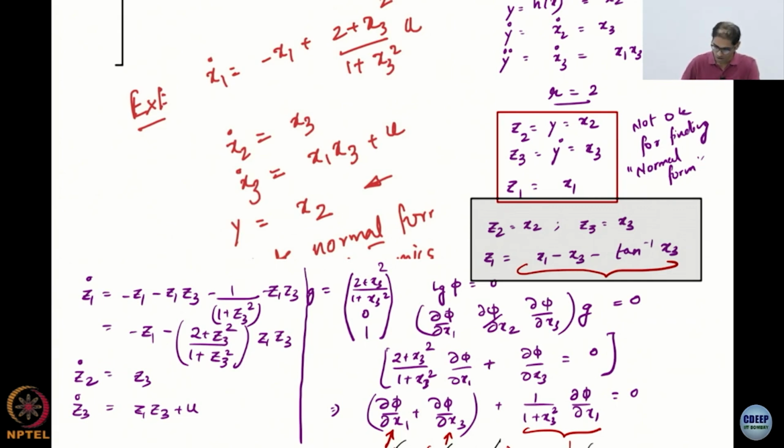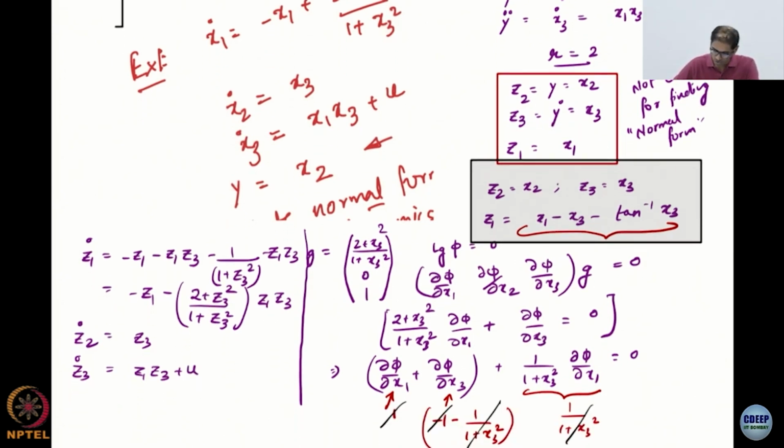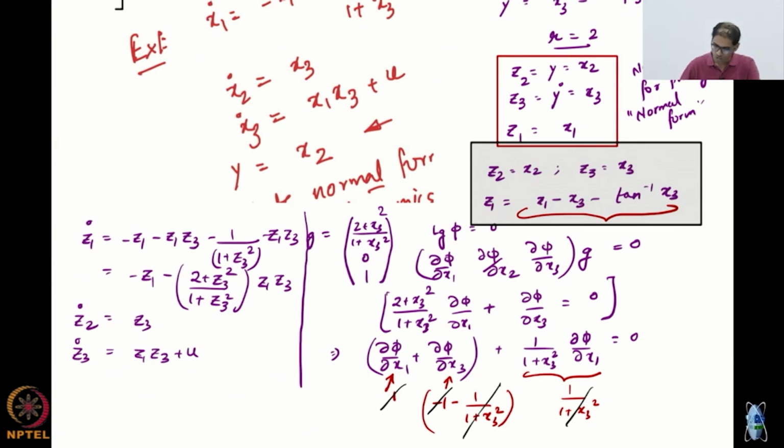and we saw what we were thinking, how to choose it. The simple obvious choice does not work, right, like if I choose z1 is x1, the derivative of x1 contains the control, which we do not like, because in the normal form the control appears only in the linear part and not in the non-linear part, right. So, we do not like this choice. So, obviously, in order to come up with this good choice, we use the definition itself, that is, we want to choose this phi function such that Lg phi is equal to 0, and that gives us basically just one partial differential equation, which is looking like this,